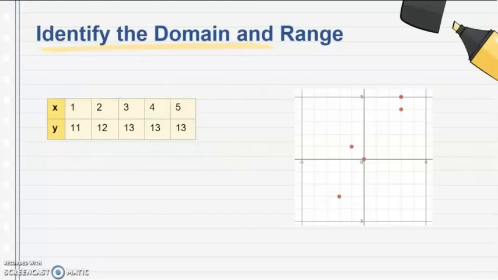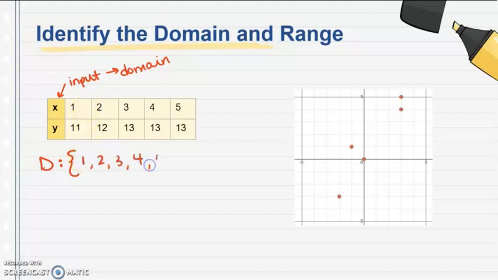So let's do a couple examples. Identify the domain and range. So here I have a table and I have a graph. So the table, if you remember, X corresponds to input, which is the same thing as our domain. So I am going to use set notation again, and I'm just going to list out the members of my domain or my X values. So I have a 1, 2, a 3, a 4, and a 5, and I'm going to close that mustache